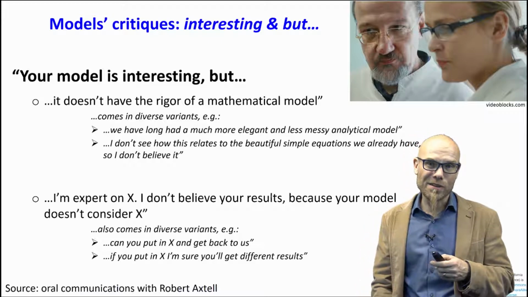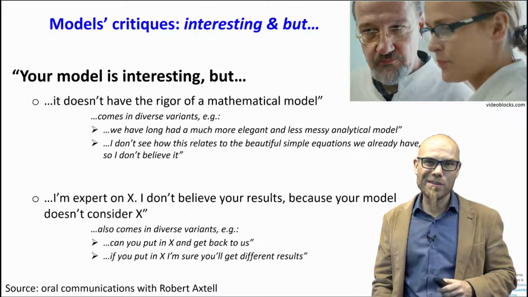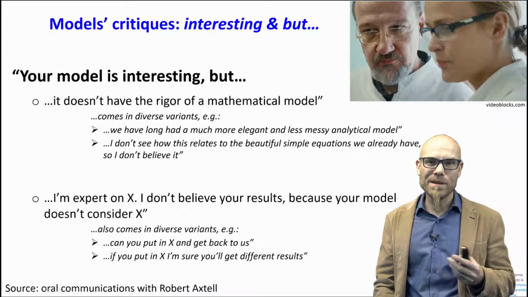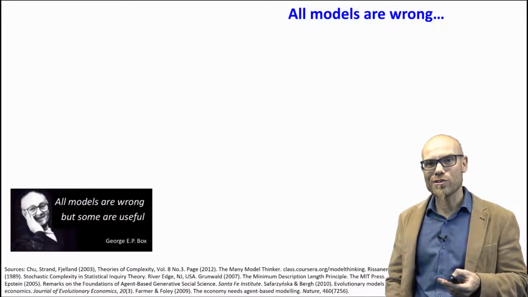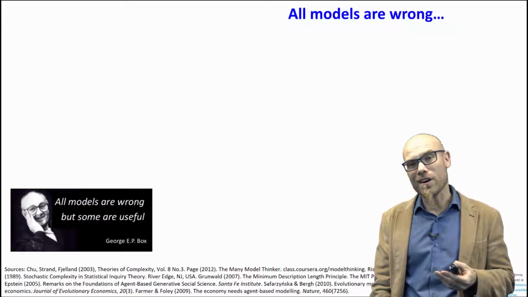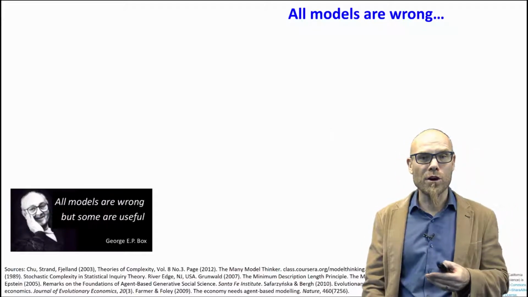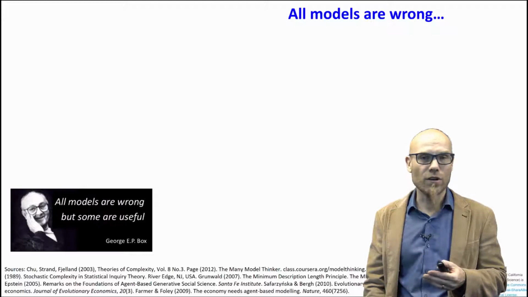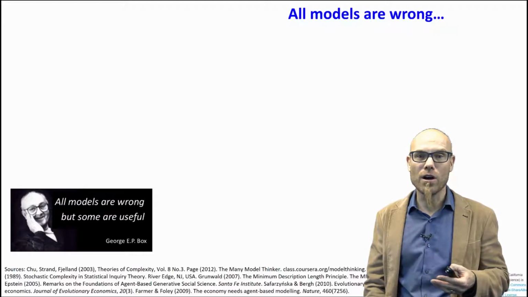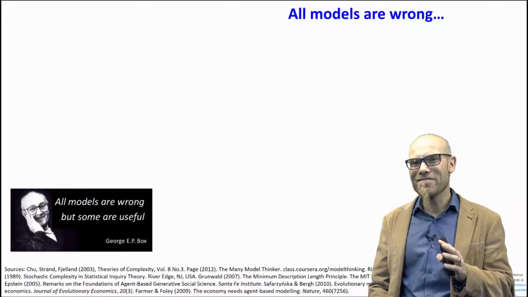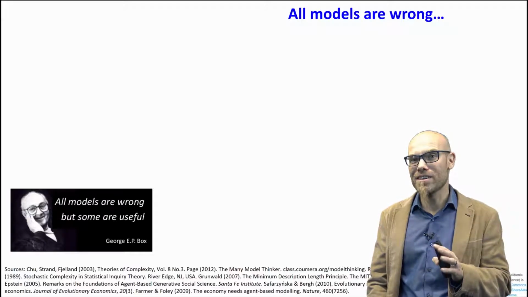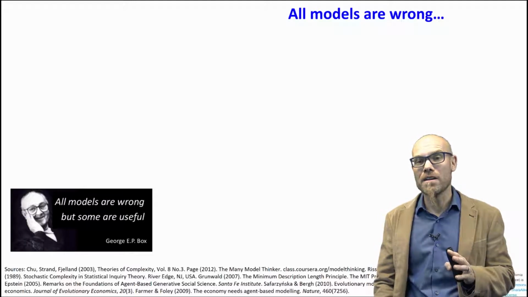Now at the bottom of it, deep down the rabbit hole, the best response to it comes from a statistician called George Box, who famously said, all models are wrong. Actually, all models are missing something. All models are actually wrong, but some are useful. That's a very important thing to remember, a very important phrase: all models are wrong, but some are useful.